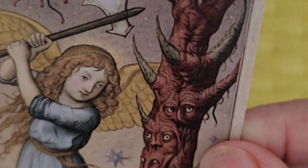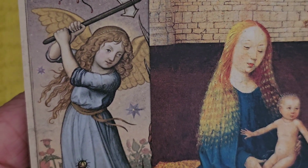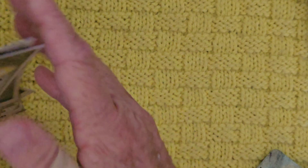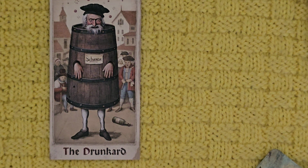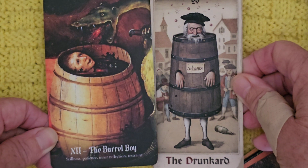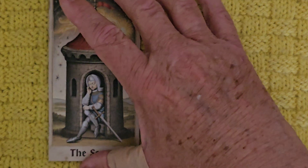So this angel type figure here reminds me of that style. Possibly. That's one I thought of. Let's find some other examples. So here we have the drunkard, and then in Hieronymus Bosch we also have a figure in a barrel, the barrel boy. So that's similar. I mean, obviously they're not the same, but maybe it's just me, it reminded me a little bit of that style, if you like,